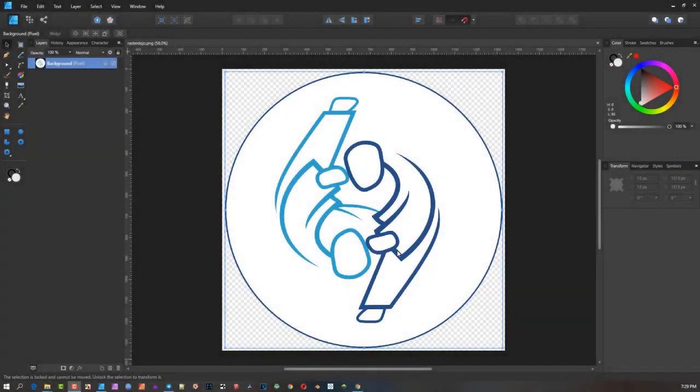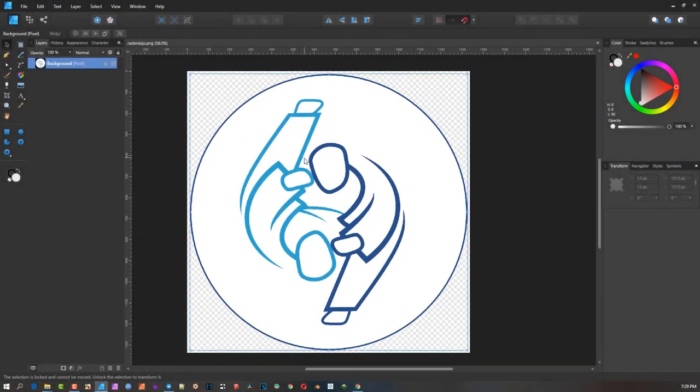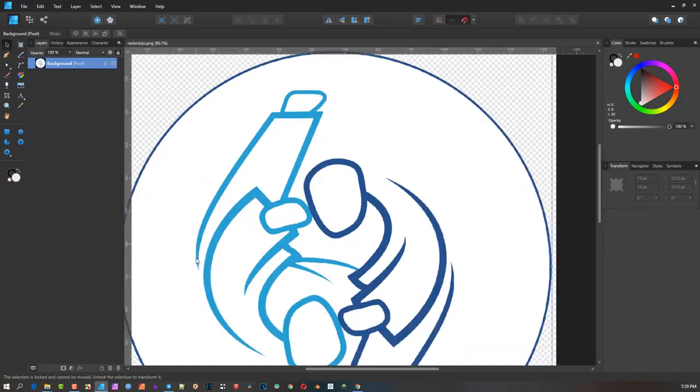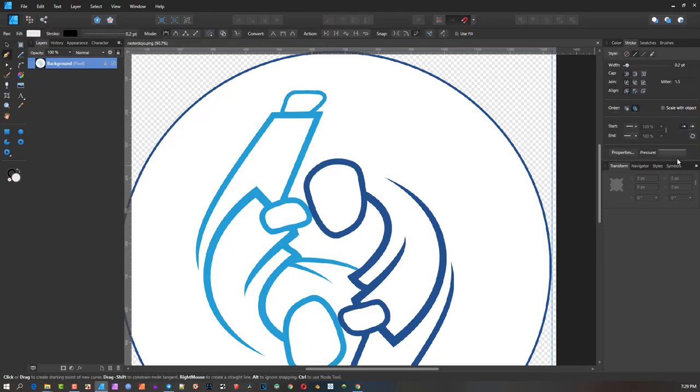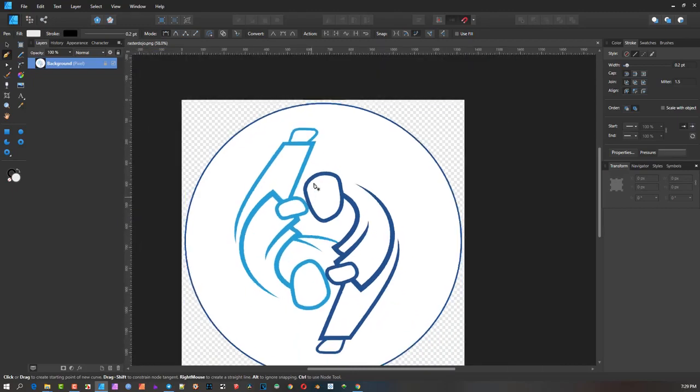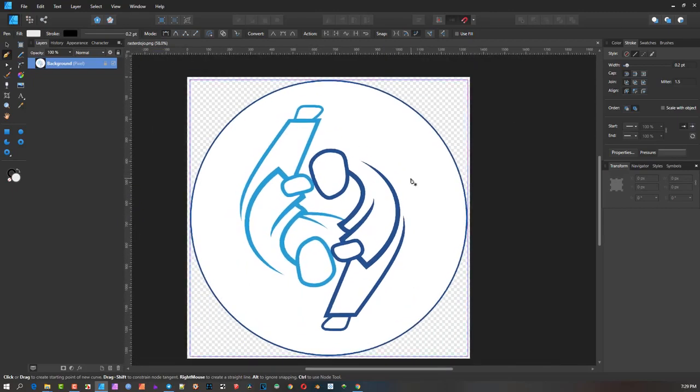So I did videos on how to trace things like this, logos, using the pen tool, and then to get it to taper here, we'd go to the pen tool, and under stroke we have the pressure area where we can make it taper off here. You can watch those videos. I did a video on how to convert pixel-based images into vectors,